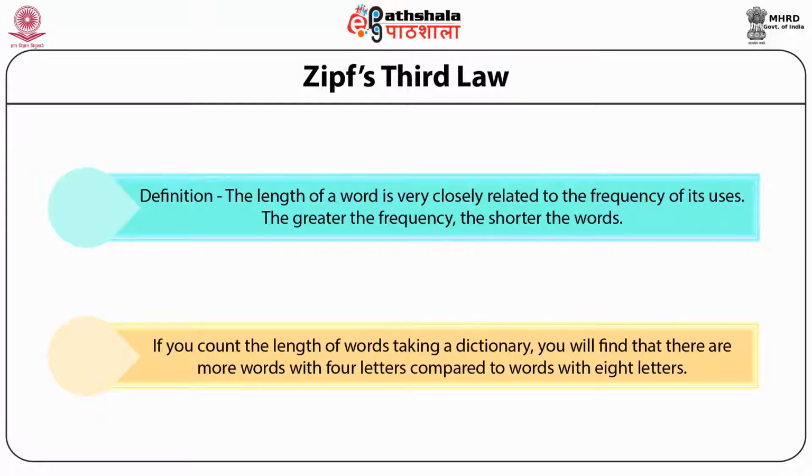From that we find that at rank number 10, the frequency was 2653, product was 26530. At 20th rank, 1311 was the frequency, product was 26220,